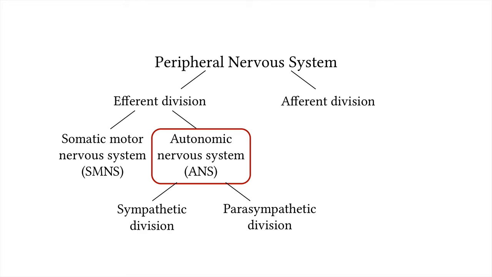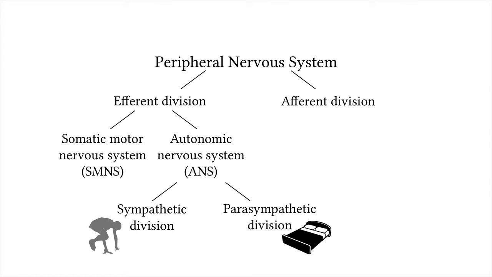The sympathetic division is for preparing your body for physical movements by increasing heart rate and raising your blood pressure. It also excites your liver to release glucose into the blood for a quick source of energy. The parasympathetic system does the opposite, slowing down your heart rate and decreasing your blood pressure. This system also activates tranquil functions, such as stimulating the secretion of saliva in your mouth or digestive enzymes into